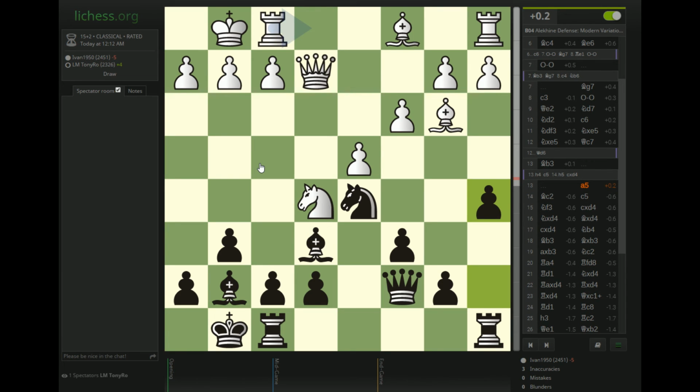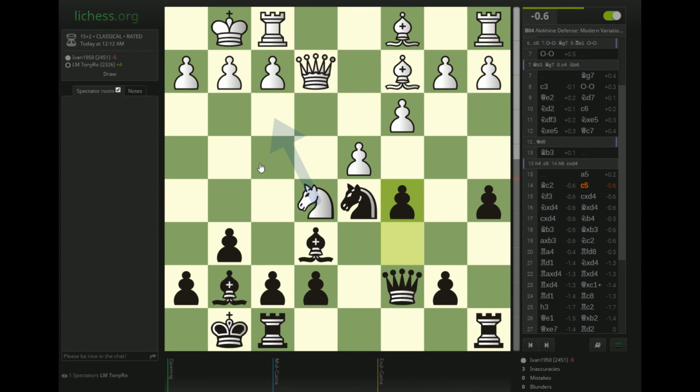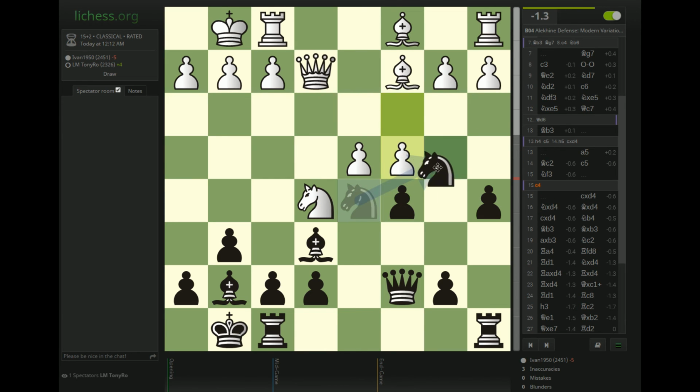And I think, yeah, I think after bishop c2, c5, black is just totally equal. The only thing I was worried about... Let's see if these lines that I was calculating hold up, actually. The critical move would be c4, because then, after knight b4, white can try and eliminate black's option to sort of trade off his c-pawn for the d-pawn and grab as much space as possible, but...